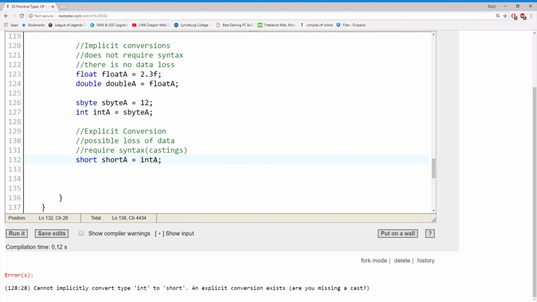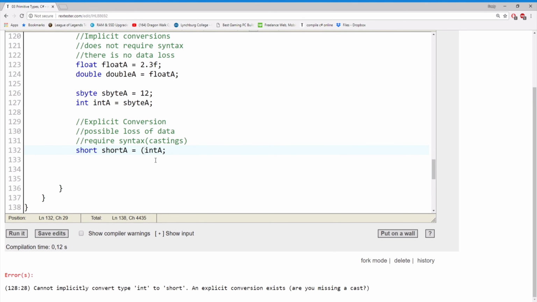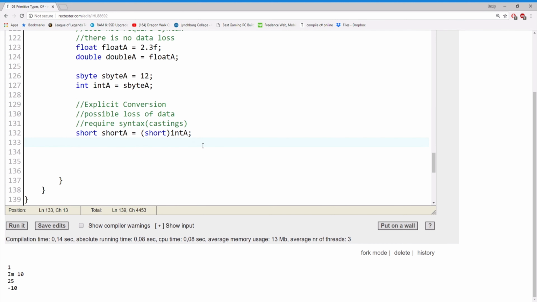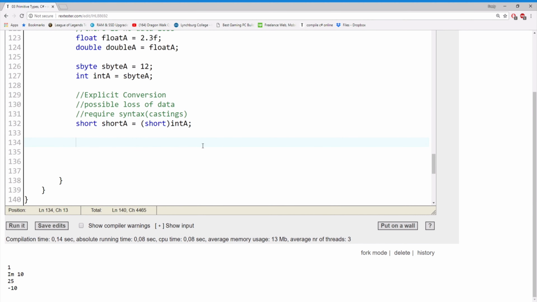So in order to allow for this, we need to cast this integer into a short. So we're pretty much turning this value into a short. So that way this short can be equal to this short, pretty much. And that allows it. So to show you the possible loss of data, I'll show you it with a float,